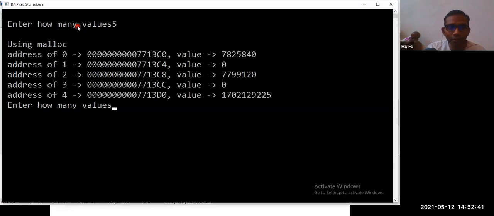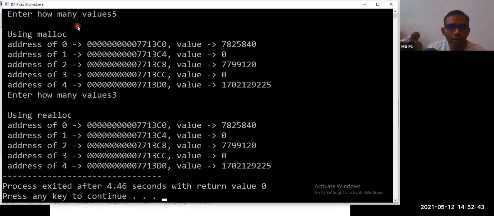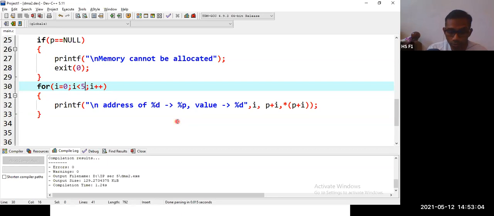So first time 5, we got 5. Next time 3, we got again 5. Yes, we have those memory locations, but they are not used. We have same values 225, 225, 0, but they are not being used. This is called as illegal operation. We are trying to get the addresses which we haven't allocated. Okay. So don't change this to 5, keep it, yeah.